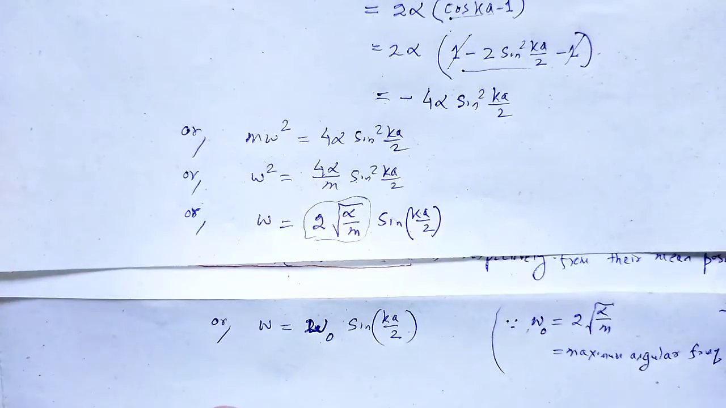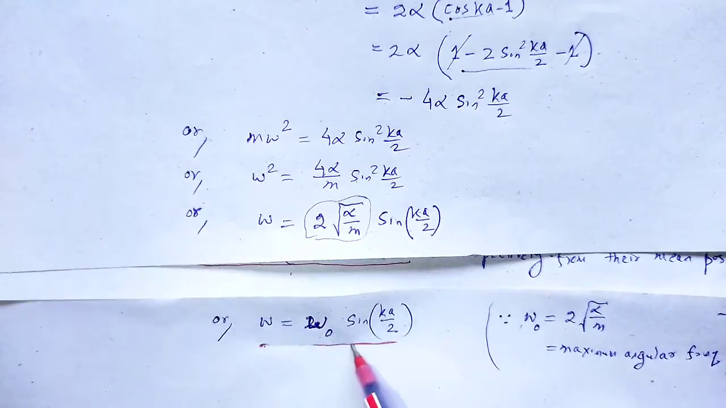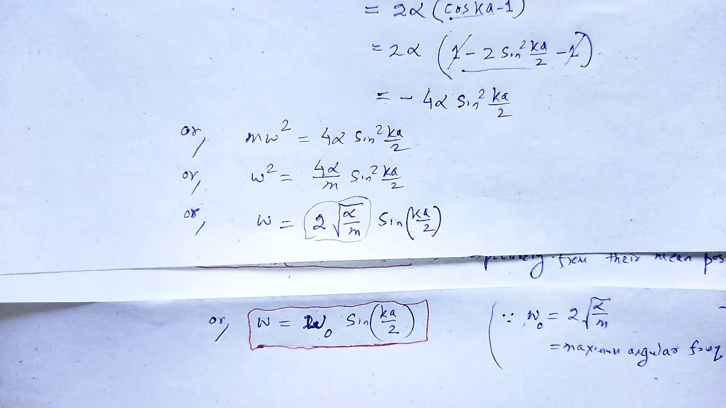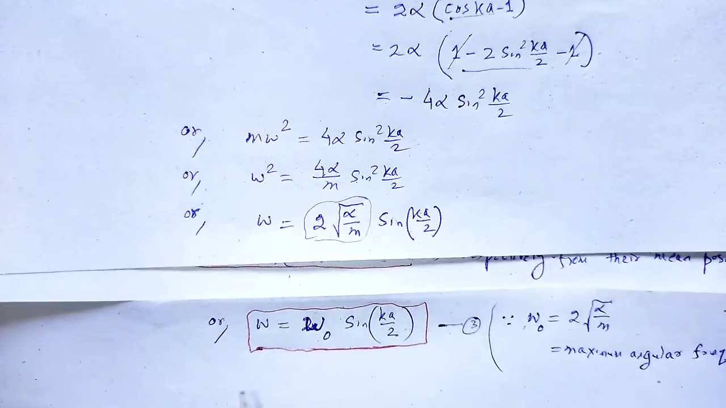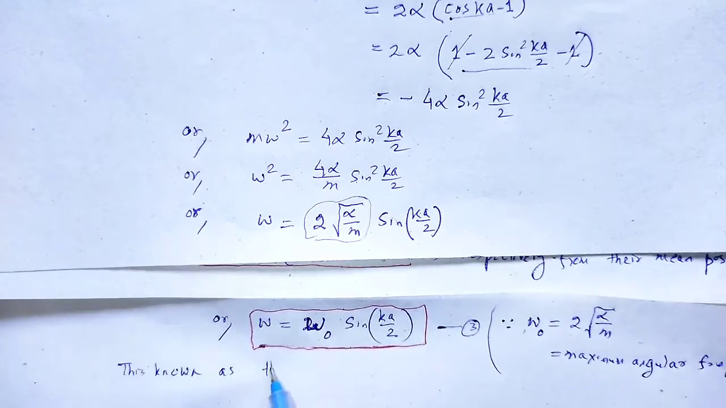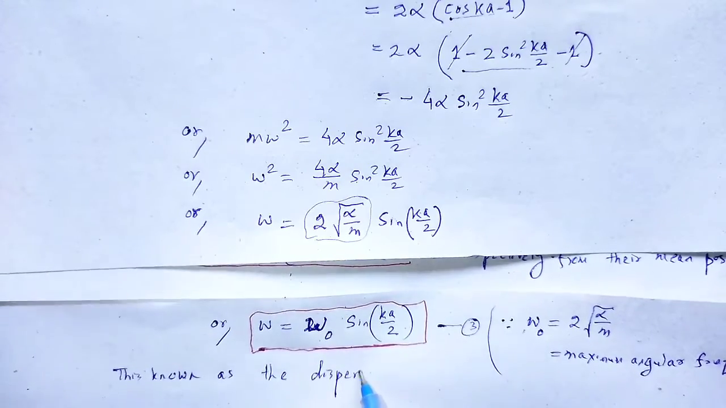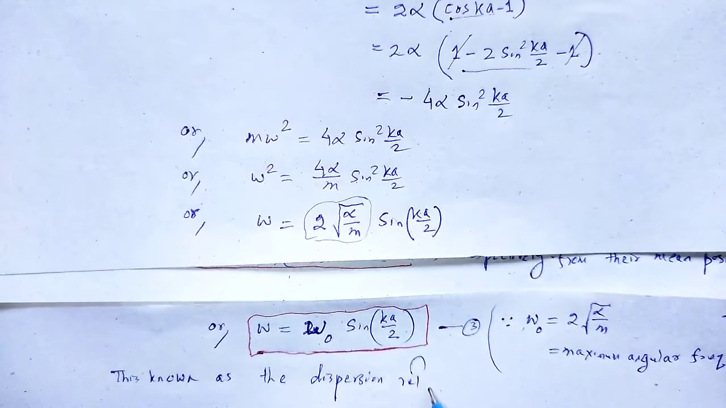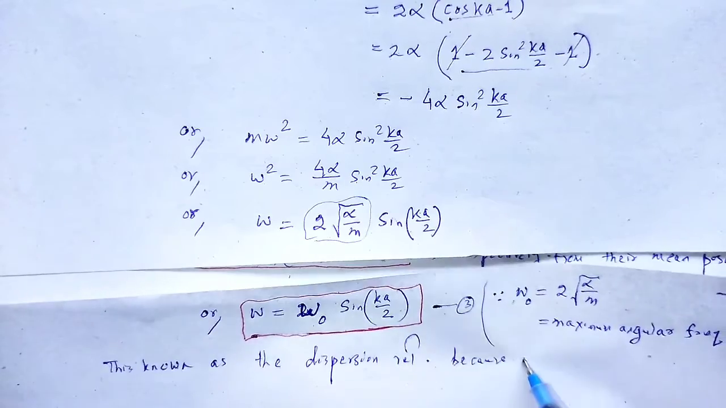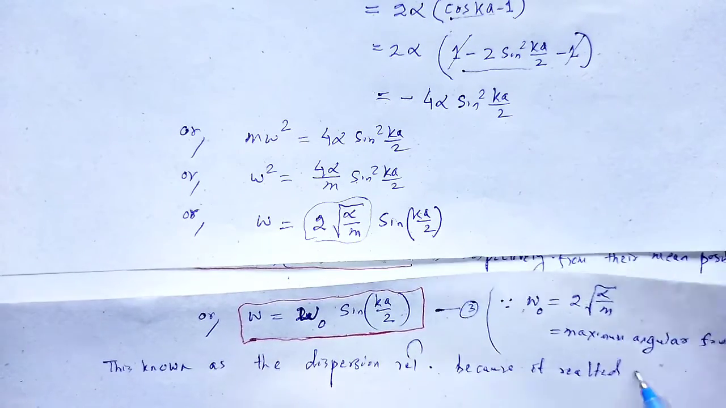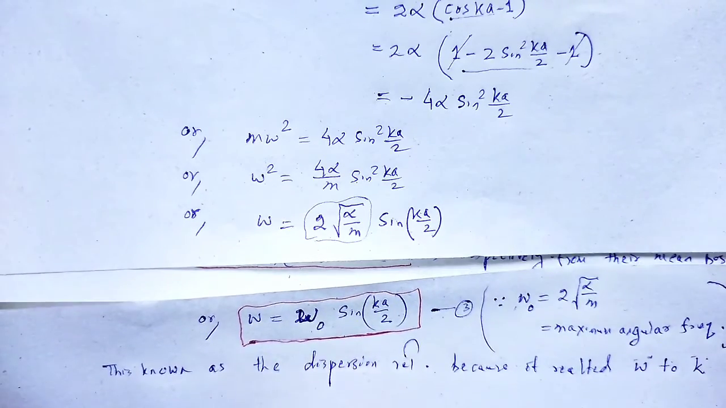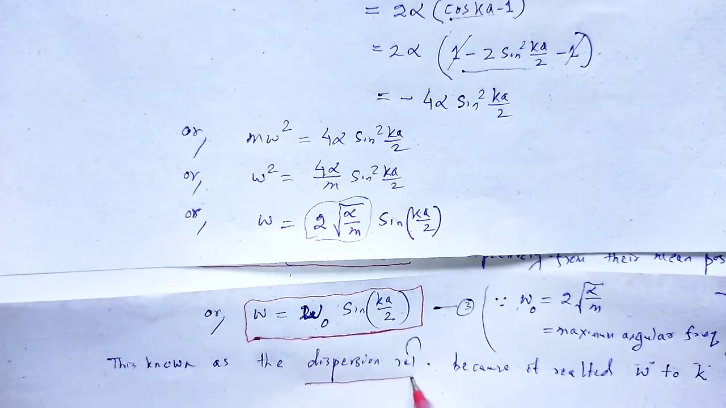Maximum angular frequency, and that equation omega is equal to omega naught sin (ka by 2), this is known as the dispersion relation, because it relates omega to k, to propagation constant. Therefore that relation is known as the dispersion relation,